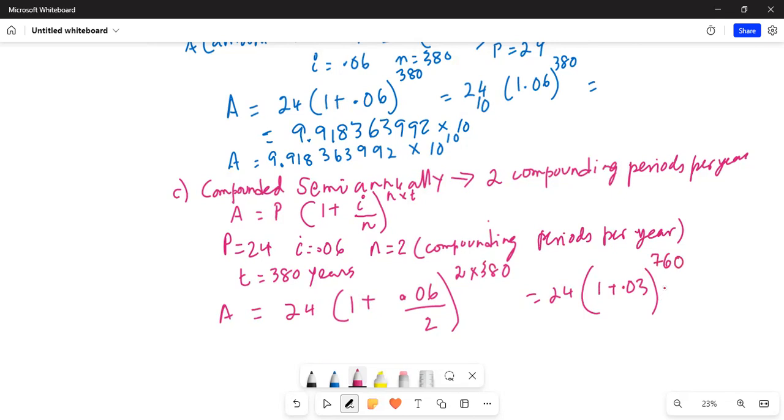This will be a huge growth too. So basically, if I create some more space,